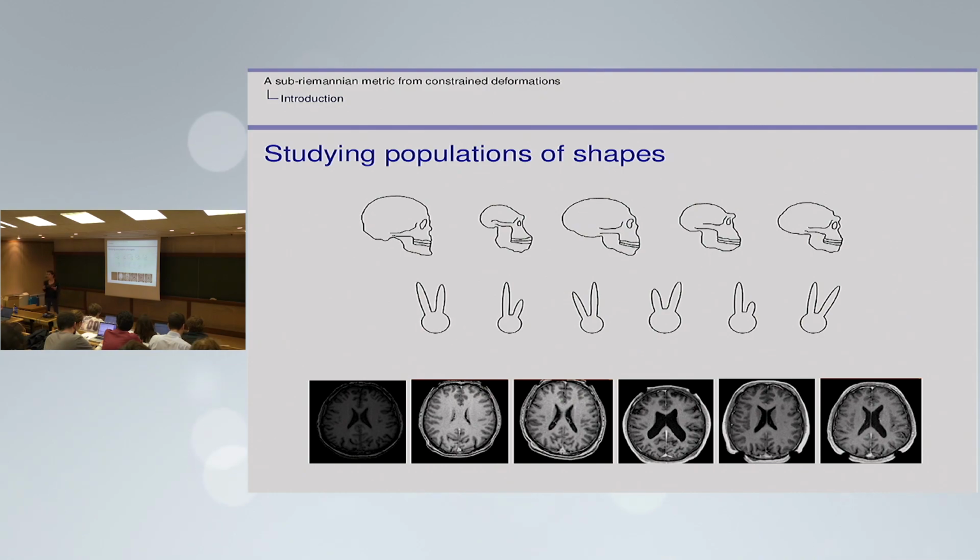Of course, we have to define what a relevant manner means. The idea is also to define metrics so that there are geodesics that are meaningful, for instance, from a biological point of view. So that when you go from one shape to another, it tells you something and you get information that you were interested in. The core idea here is how we can compare two shapes, how we can define a trajectory from one shape to another, and how we can build them so that they are interesting.